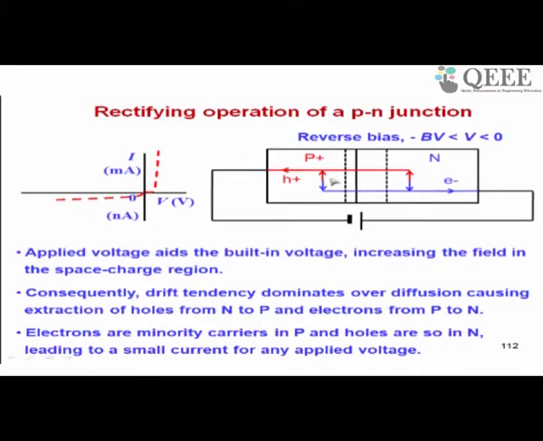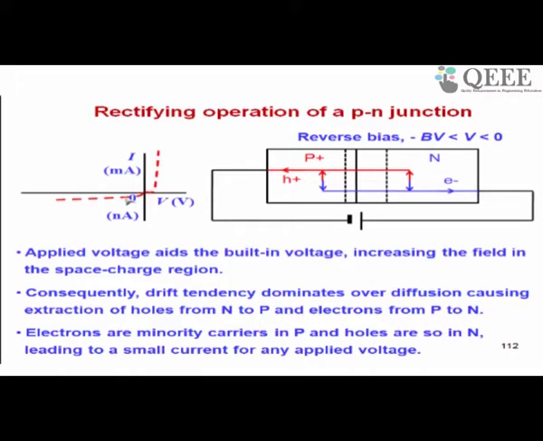So because your electrons have to move from p to n, but electrons are in very small number in p and holes are very small number in n. So now the current is going to be very, very small as compared to forward bias. That is why the current here is very small in the reverse direction as compared to current in forward bias. To give you an idea why the difference in current is so much, that is, the current is in milliamperes range in forward bias but nanoamperes range in reverse bias, we can get a quick feel as follows.